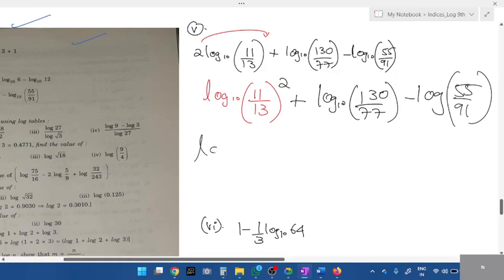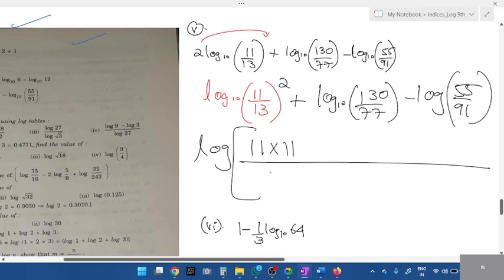Next. That's it. Log before log values are what? What is 11 square? Or just write 11 into 11. You can cancel it later. Divide it by 13 into 13. For plus, 130 into, and for minus, where should I write? Denominator,